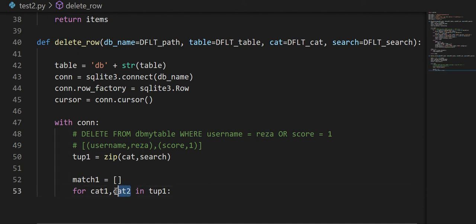Let's call it search1, because you don't want to use the same name. So we're going to be looping through each one of these, and each of these tuples has two things in it, so we can use it like this. And in match, what we're going to do is say match